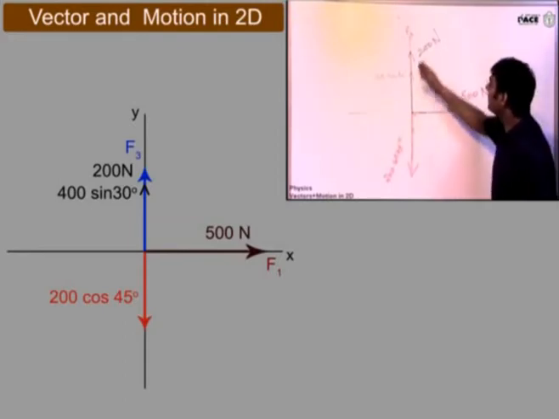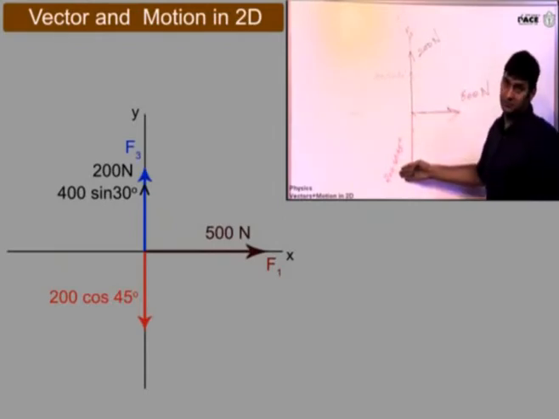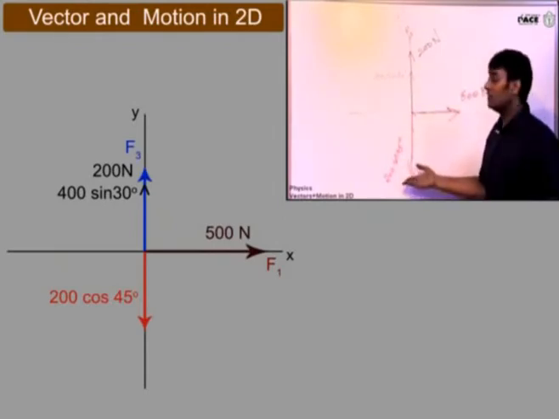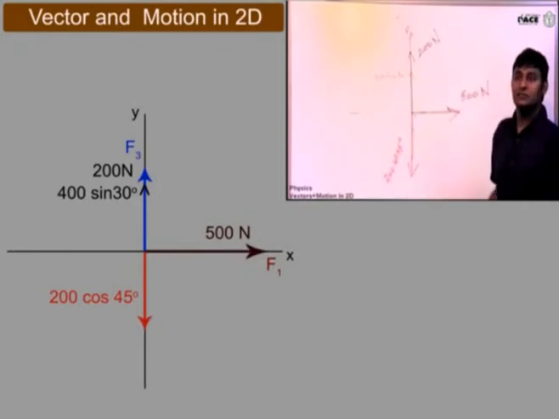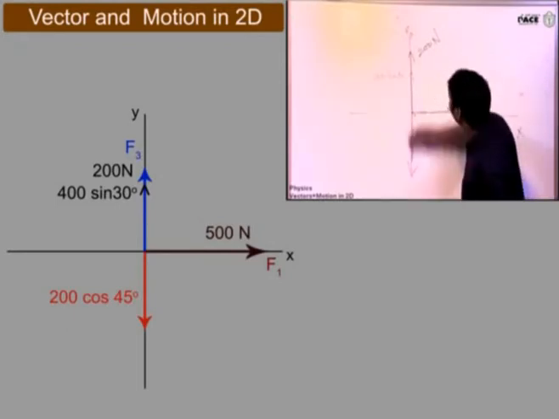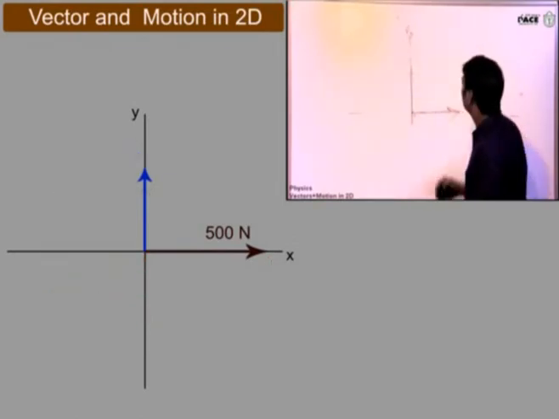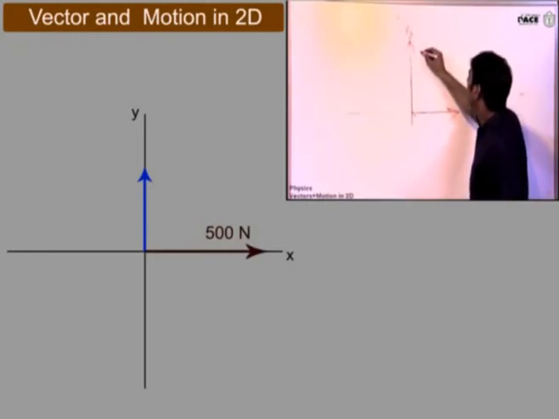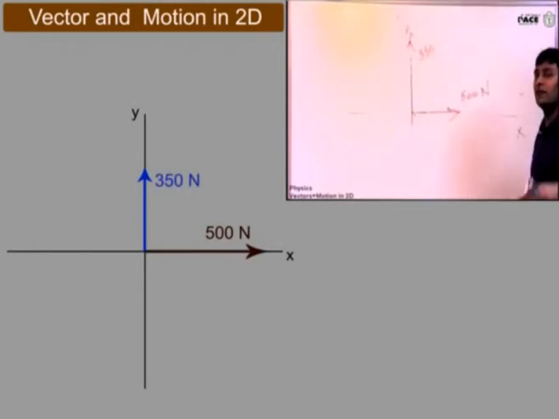Now please tell me what will happen on this side. This is 200, this is 200, 400 minus. Perfect. So what this plus this minus this. Why minus this? Opposite direction. Yes. So this net force will be upwards and it will be somewhat how much? 350 whatever. Just rough.